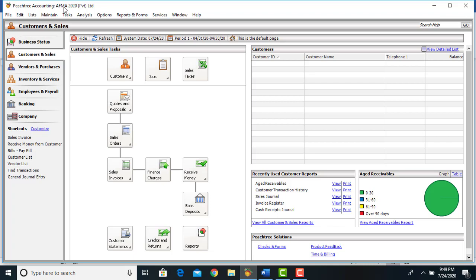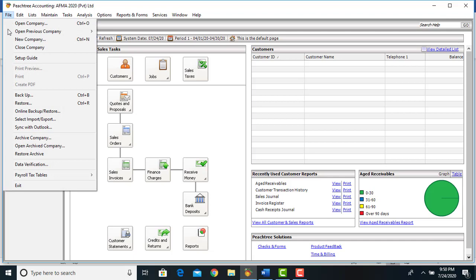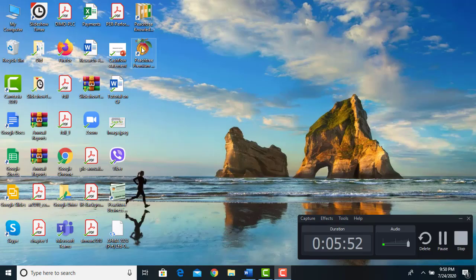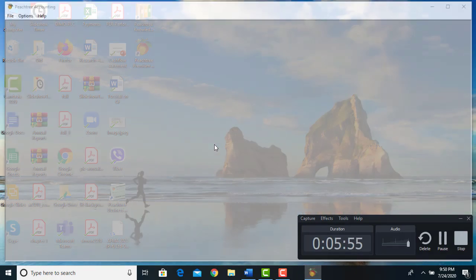If you want to avoid that, especially when you are working on the computers in the university, that particular thing is quite helpful, because there's no guarantee that you would be working on the same computer. So when you leave, better to close the company. Here I will show that as well. So you may close the company. Once you close that, you'll be taken back to this original window. So once you double click and open it, the same would appear. Let me show you. If I click open,